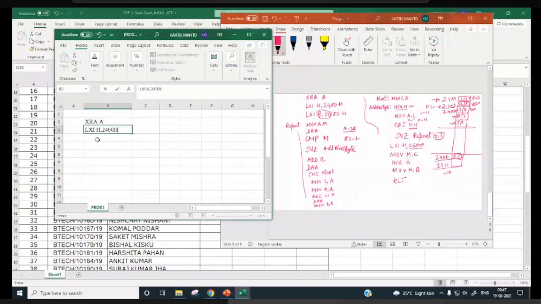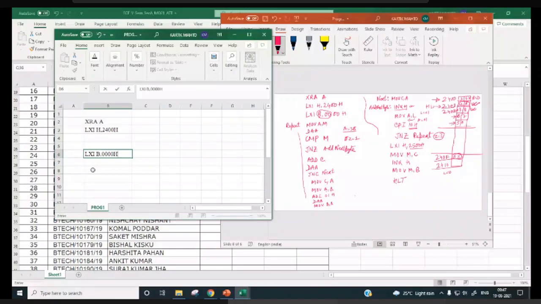Now this is 3-byte instruction, so you need to leave the space over here. So here you have to write LXI B comma 0000H. Right. This is also 3-byte instruction, so you have to leave 2 space.